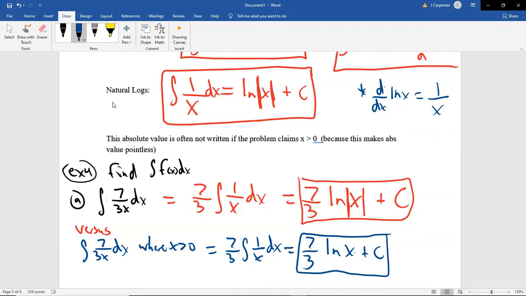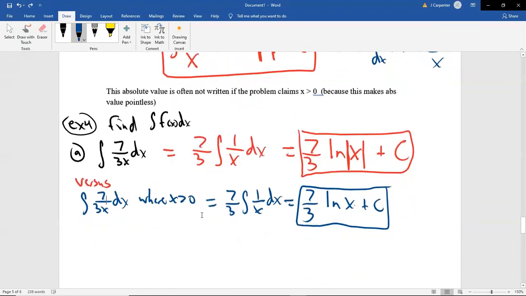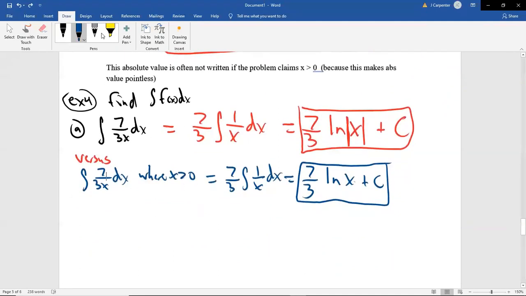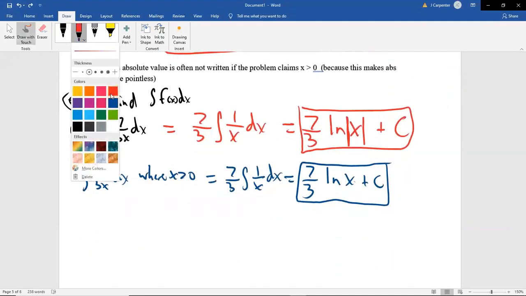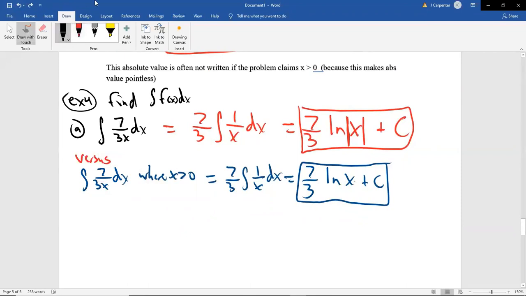So these are two slightly different versions of the same problem. One has no restrictions, the other does, which means one has an absolute value and the other does not need it. And I believe in my math lab that if you wrote this as the answer to the second one, if you put that absolute value in there, I think they mark it wrong because you're not being specific enough. Because they gave you the restrictions, you should know to cut that out. So please be on your toes there. Let's do another.